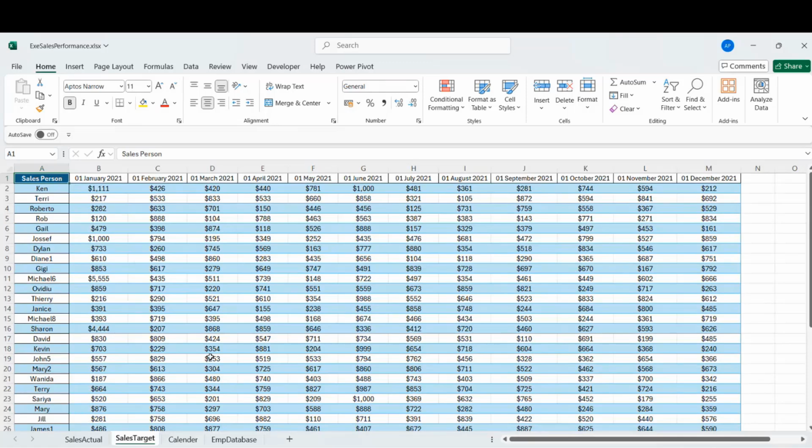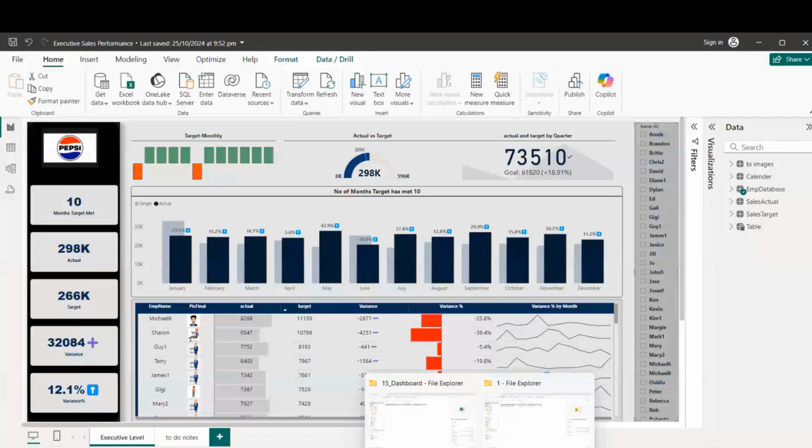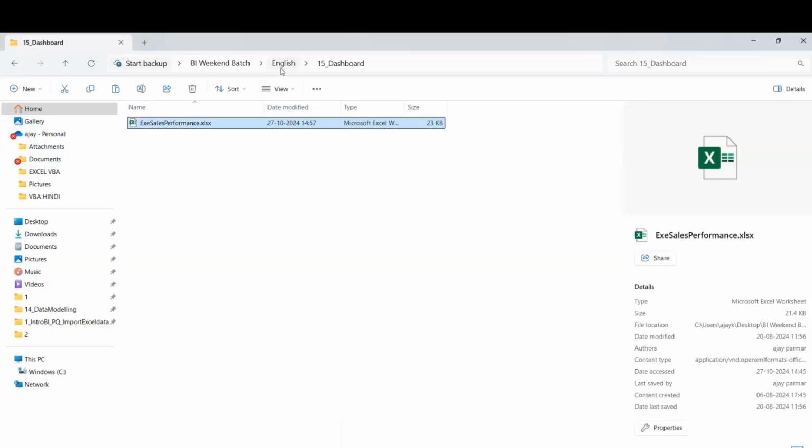I am not here to expand the data. I will keep the data like this, so I'll just use this data as it is, because this is just for a dashboard. So I'll simply save the file actually. Let me just import the data directly. So what we will do actually is,